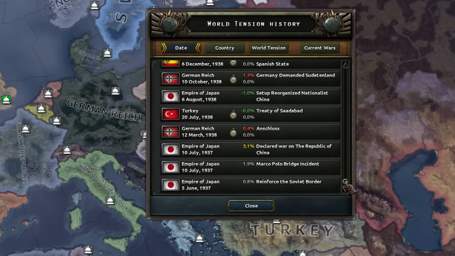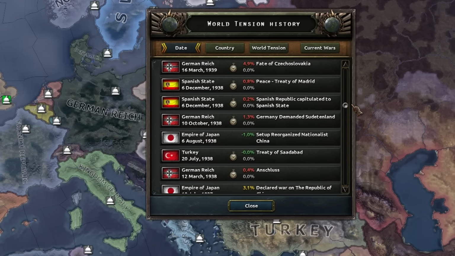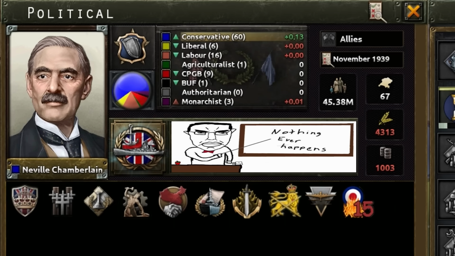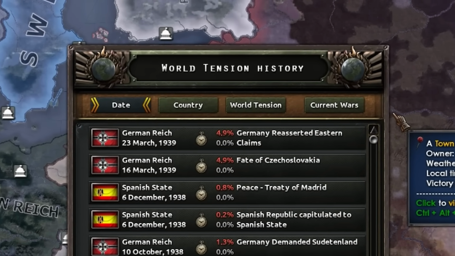Which I don't get at all. You're telling me the world saw Germany annex 2 nations and Japan declare war on China, and we're like nothing ever happens. But when Germany takes over the city of Memel, now we're like...